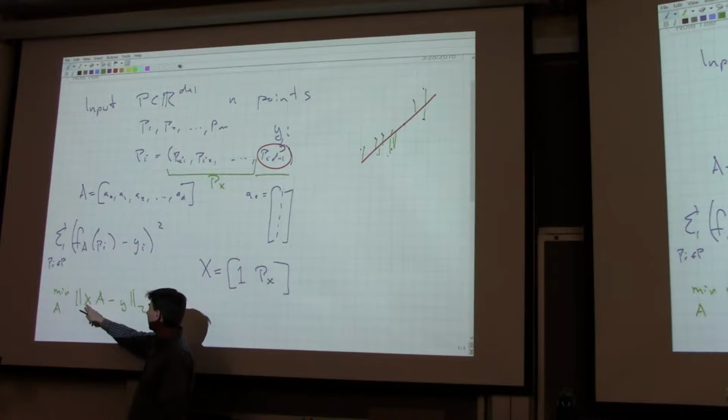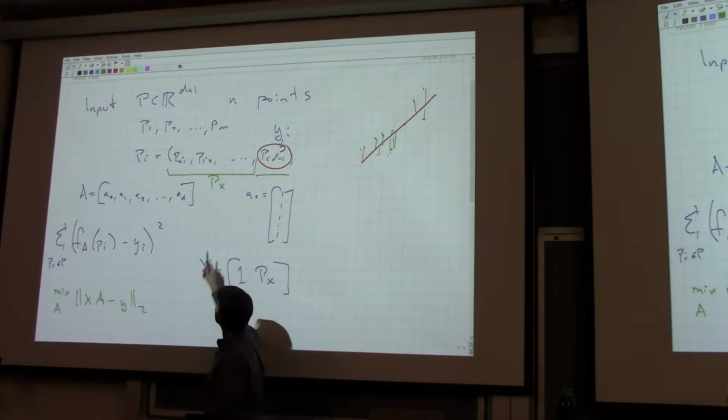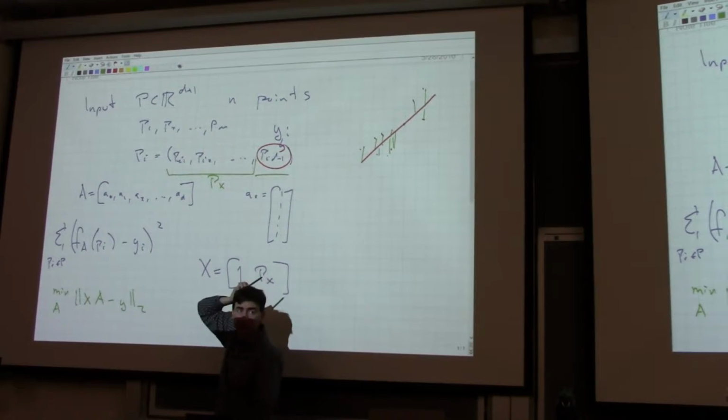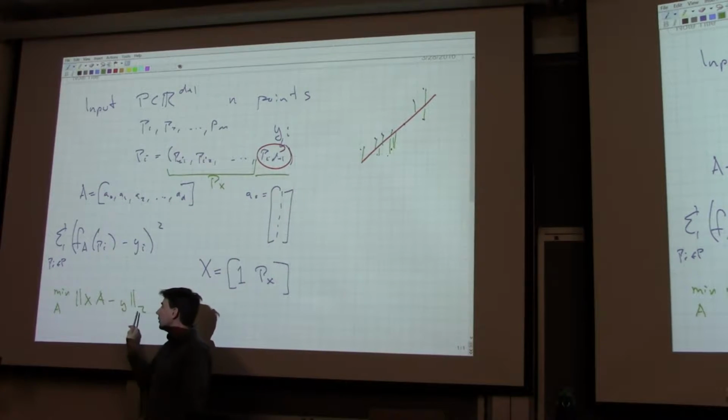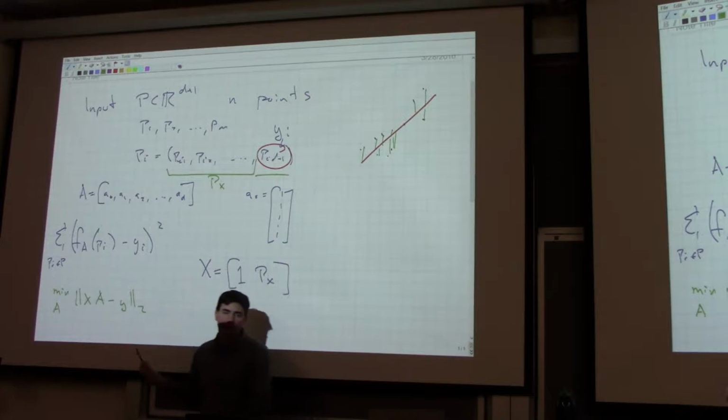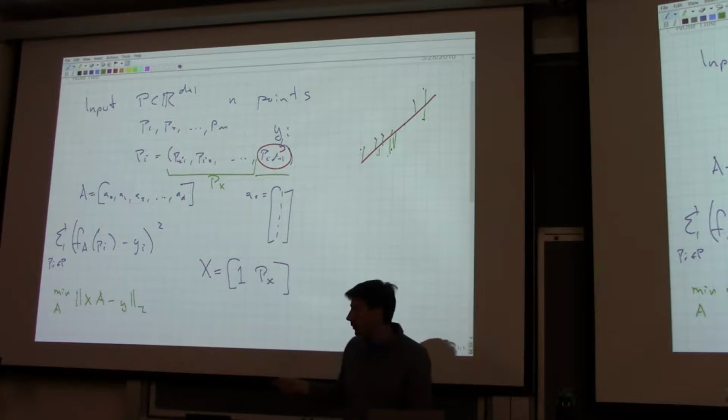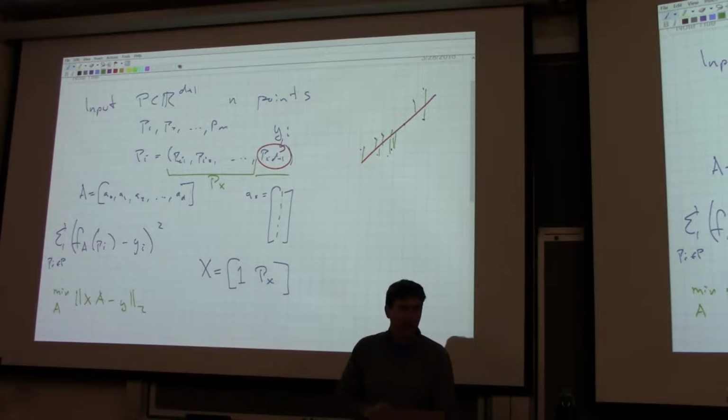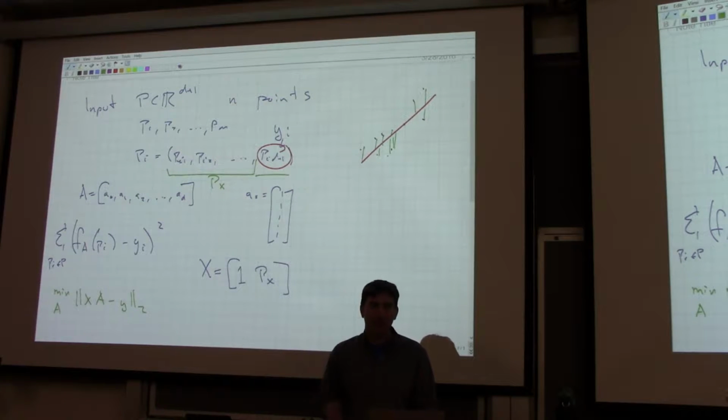so we're going to try and find a vector of coefficients, A0 through AD, and multiply those by x. This is a linear expression here. It's going to try and look like y, which is going to be the last value of each of these data points. Okay, and the norm is minimizing the sum of the square errors. I took a square root inside this norm here, but if you minimize it, you minimize it. The square root is not changing what the minimum is. Okay,